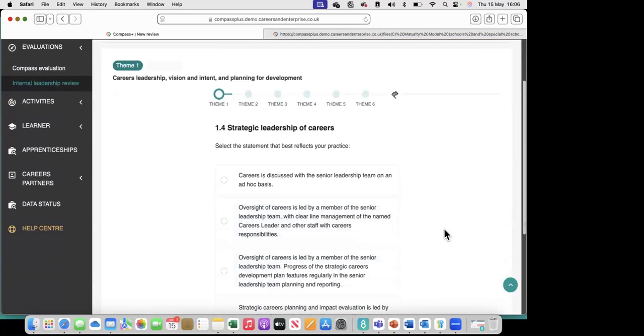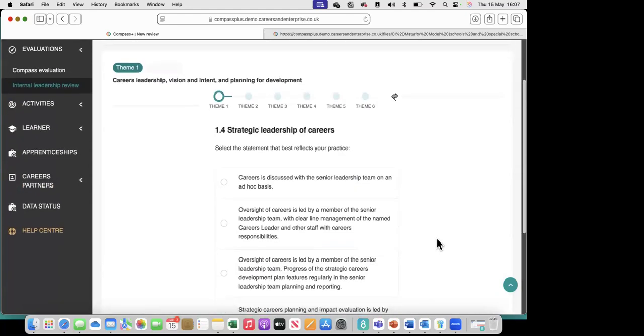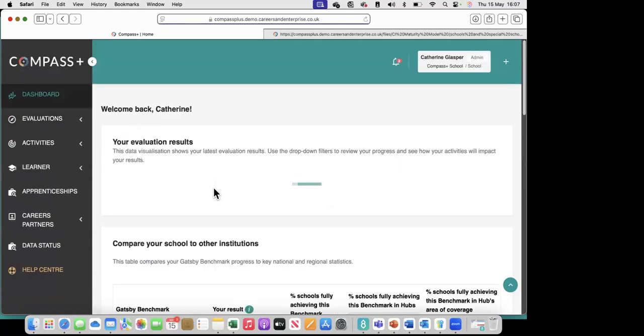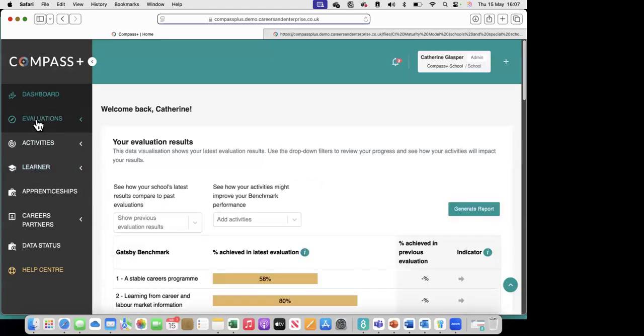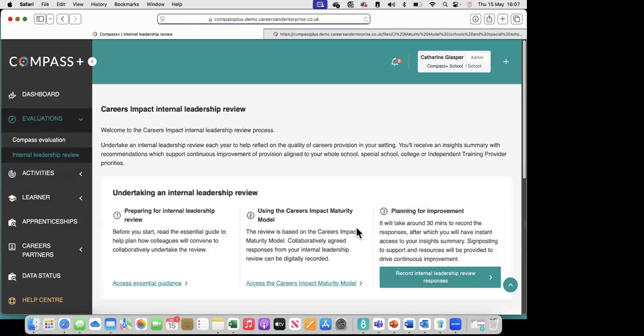Now, let's imagine there's an emergency at school and you're in the middle of completing your input for your careers leadership review, and you need to go away and attend the emergency. What Compass Plus, and again, similar to your Compass evaluations, allows you to do, it allows you to save the answers that you're up to. So, for example, we're up to 1.4. So let's say we had to log out and we had to go away, and then we came back, we logged back into our Compass Plus account or our Compass account, click into evaluations, into internal leadership review, and what